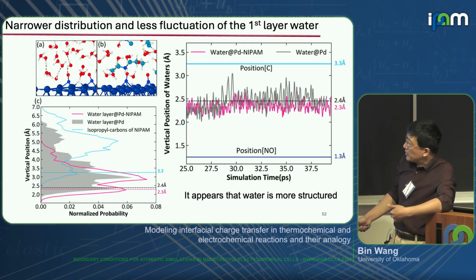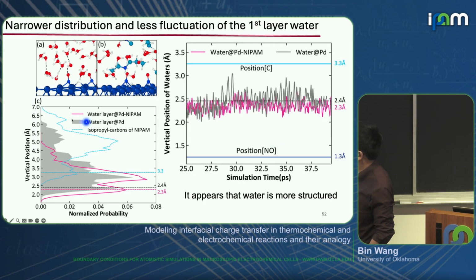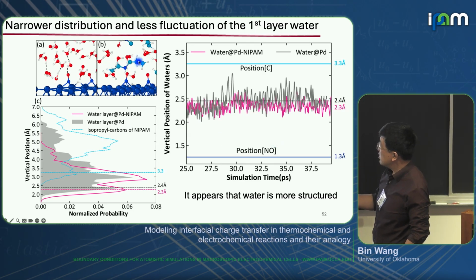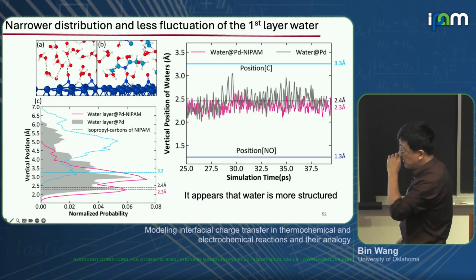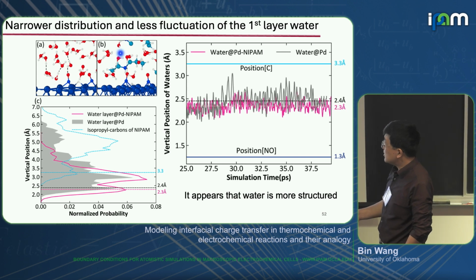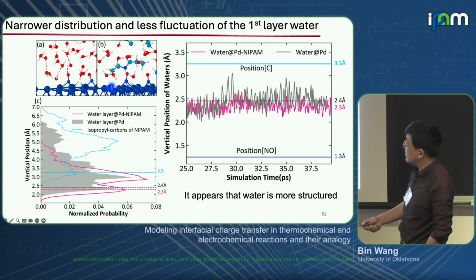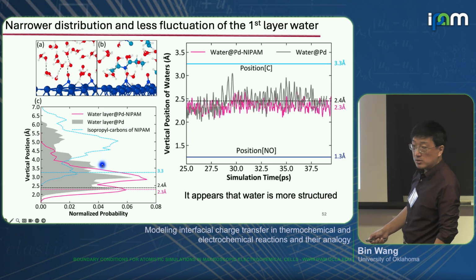So another thing we did is we look at the water distribution. I mentioned we put 2 monomers, which is in fact here. We put a monomer somewhere here, and the other monomer is a little bit above the surface. So the results probably also depend on where we put the monomer. It's the palladium surface. We have 2 NO molecules, and the rest is water. So now we plot the water profile. It's the vertical position. The 0 is just the palladium surface. The purple curve shows the water peak when there is a polymer or monomers. You can compare with the shaded area, which is just water without the presence of any monomers.